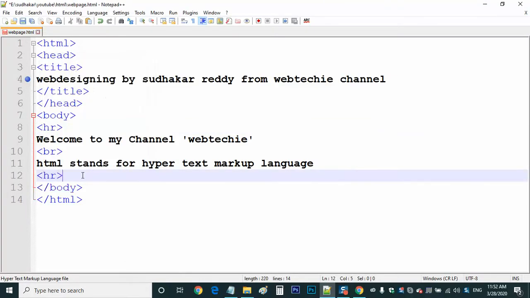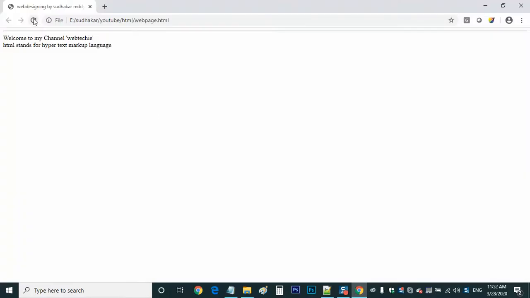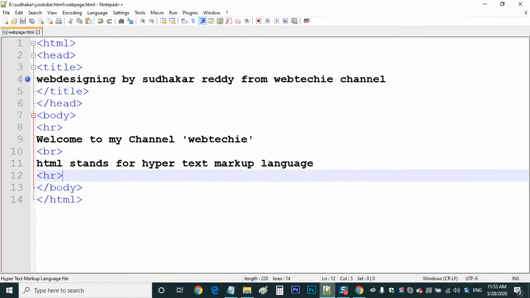HR. Save this file, reload it. We got one more line. You can add as many breaks as you want. You can add as many HRs, that is horizontal rulers, as you want. So that is how we can do that. Now here one more thing is,